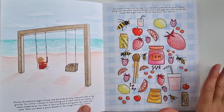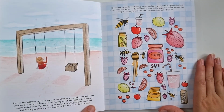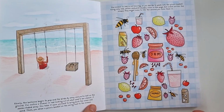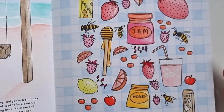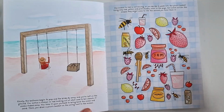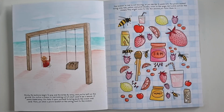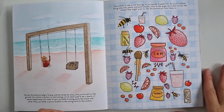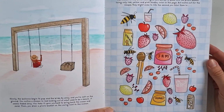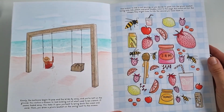Colouring exercise using only those colours. I had quite a lot of fun colouring these in. It does challenge you a little bit for colour placement and still making it look visually pleasing. Most of those items on there do belong to a red, yellow, pink family, so that's helpful in itself. Again, I just highlighted some details with my Uniball Signo white gel pen, and once it was all done, I